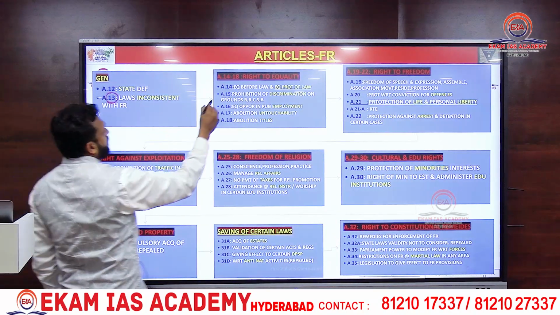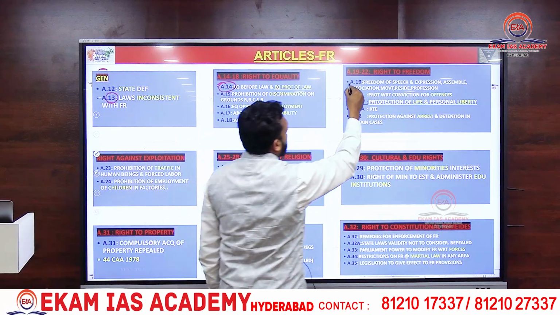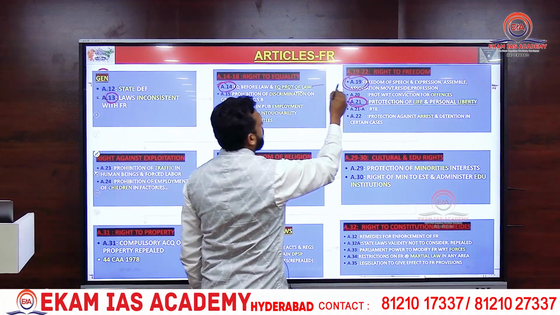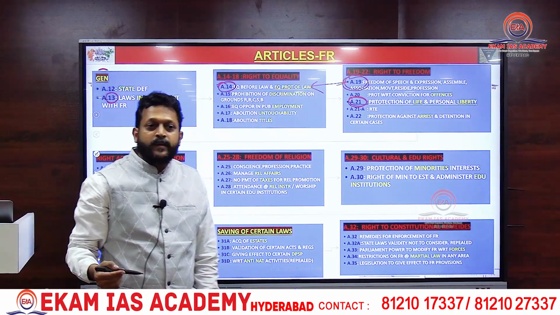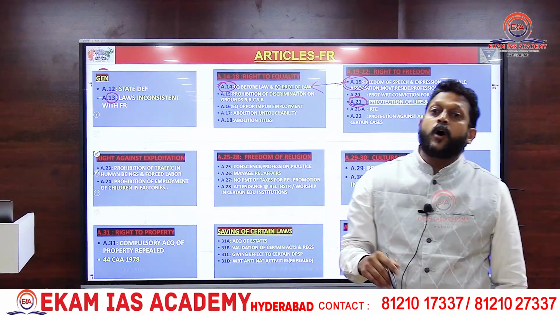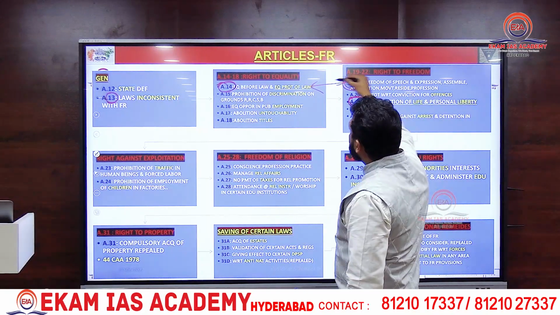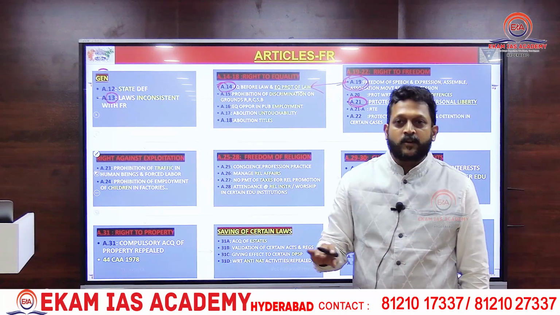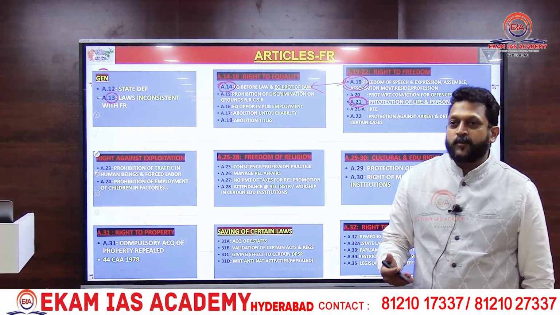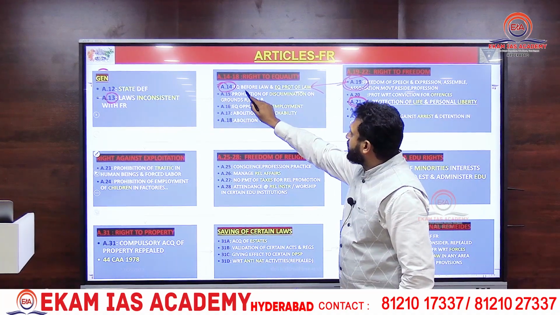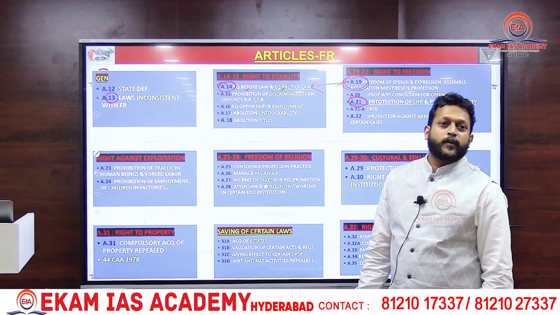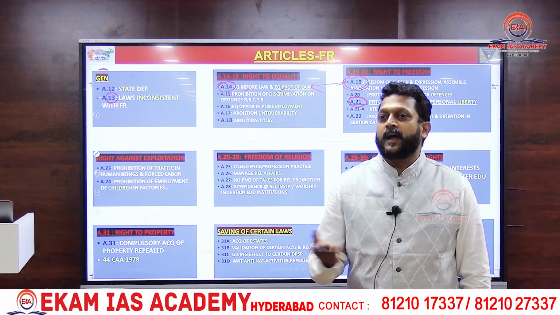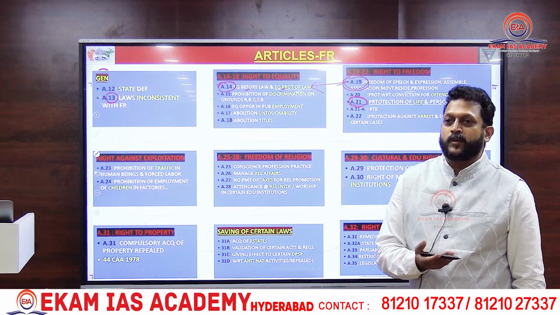Article 13, Article 14, Article 19, Article 21, mainly Article 14 and 19. They keep on saying, if I implement a few directive principles of state policy or all of them, even if you contravene Article 14 and 19, then they are not void, they are not violating the constitution. Like that so many amendments have come. So please remember Article 14 is equality before law and equal protection of the law. Equality before law means, as I told yesterday, nobody is above the rule of law. Okay, nobody is above the rule of law.